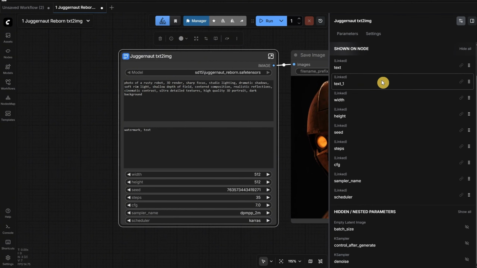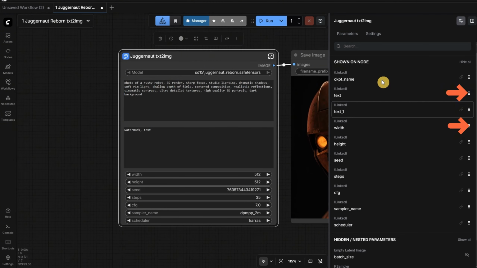One thing I forgot to show is that you can use those dots to rearrange the order of the parameters shown in the subgraph node. This way, you do not need to go inside it most of the time. You can control things directly from the outside. Now we are going to